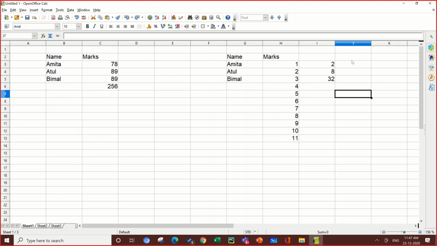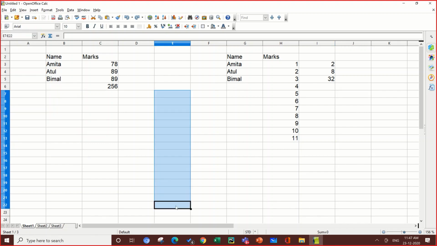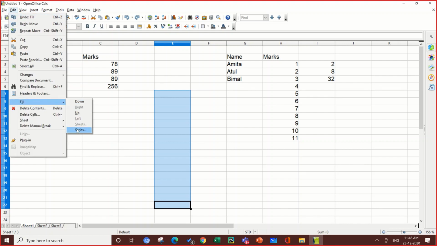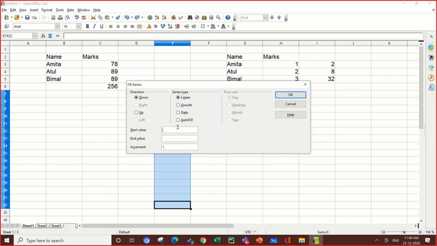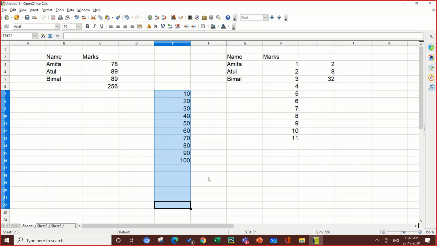Select it, go to edit, go to fill, go to series, start from here, take 10, ending value say 100, increment by 10, linear, and then you can say OK. You can see it is automatically filling the range.